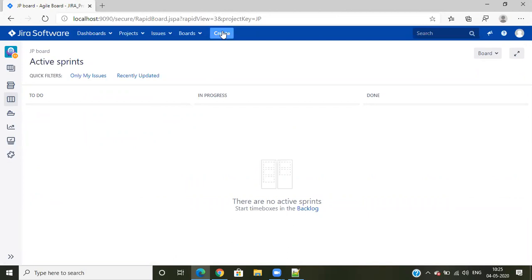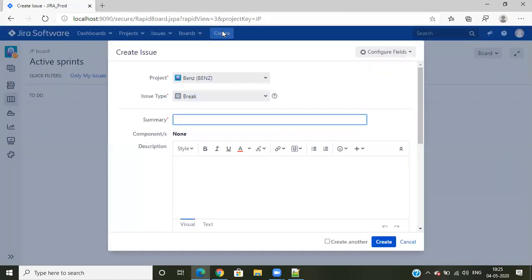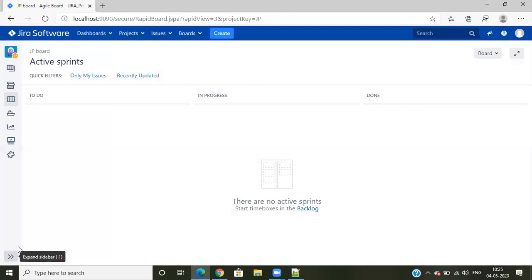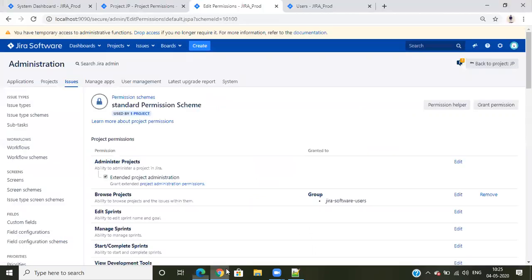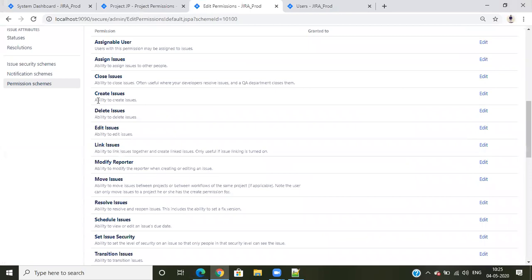But you can see if I try to create any issue, the JP project is not coming, because this project is working based on the standard permission scheme. In that standard permission scheme, for the create issue permission, no persons are selected. So no one can create a ticket in this project.